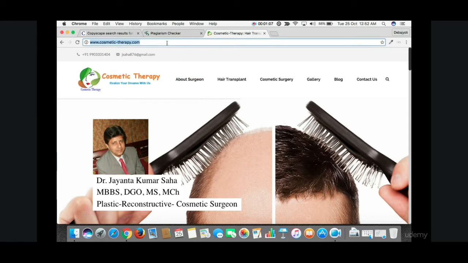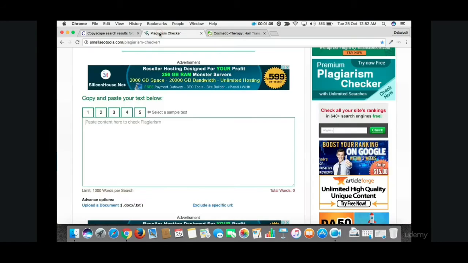Another tool is called Small SEO Tools Plagiarism Checker, which is used to check the uniqueness of your content before uploading or before making the pages live. You can just put the content in this content box and then check it.